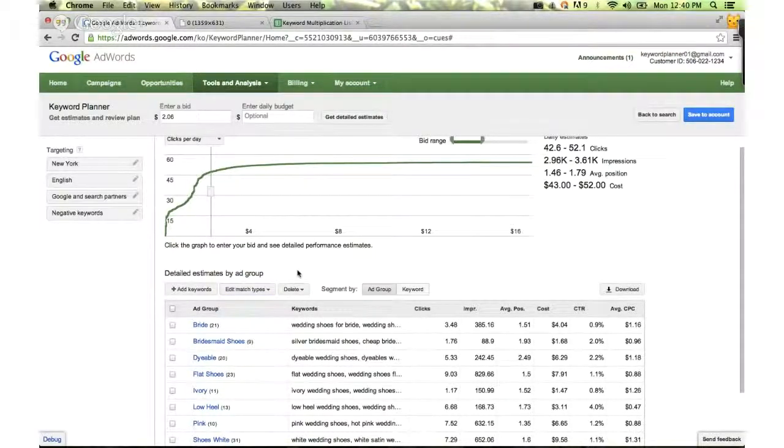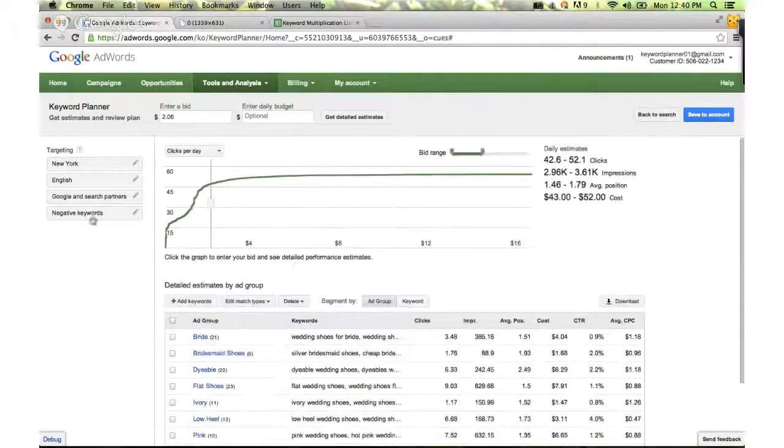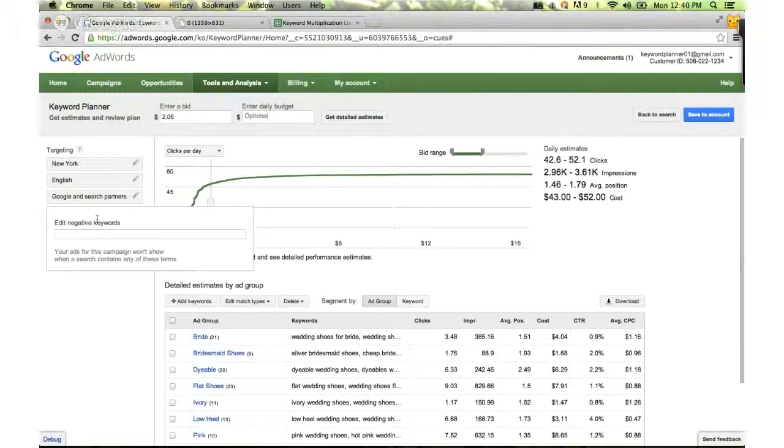or delete any groups. Lastly, I didn't do this before, but you also have the option to add in any negative keywords. Let's say I know as a business I definitely don't want to show up against any queries that include